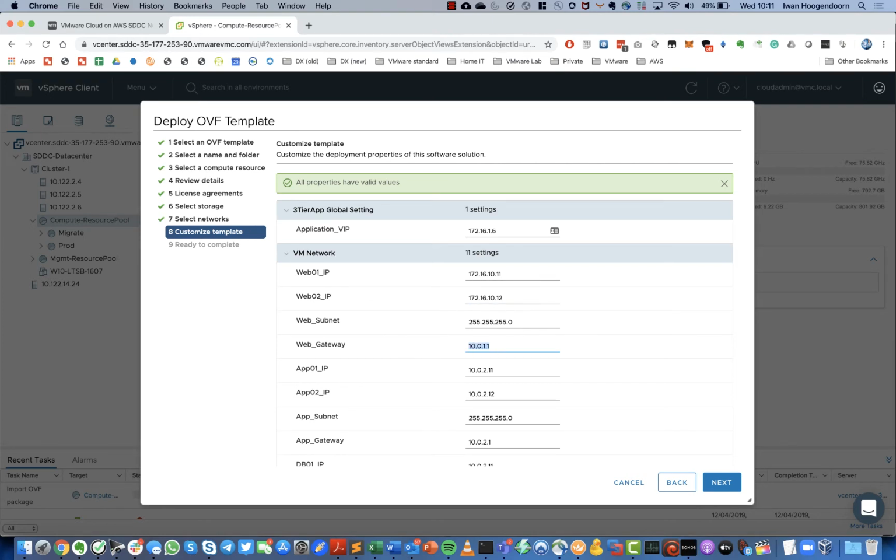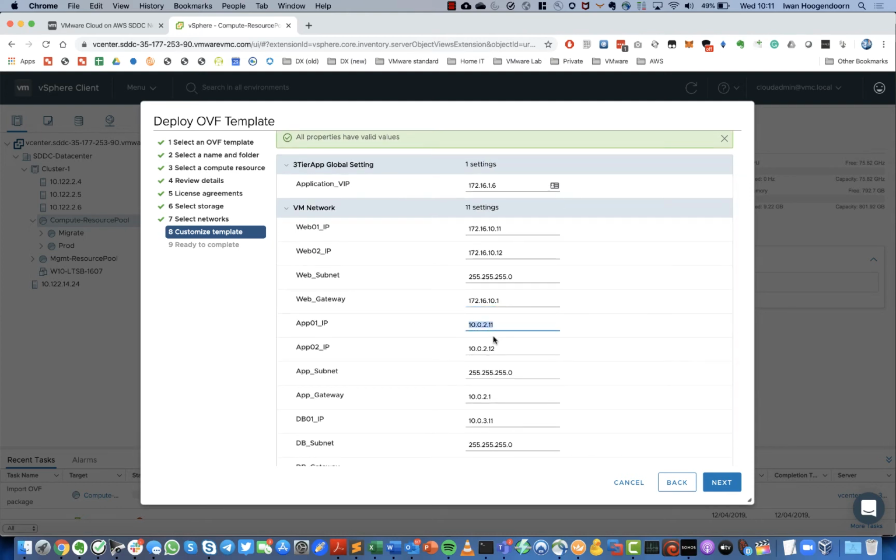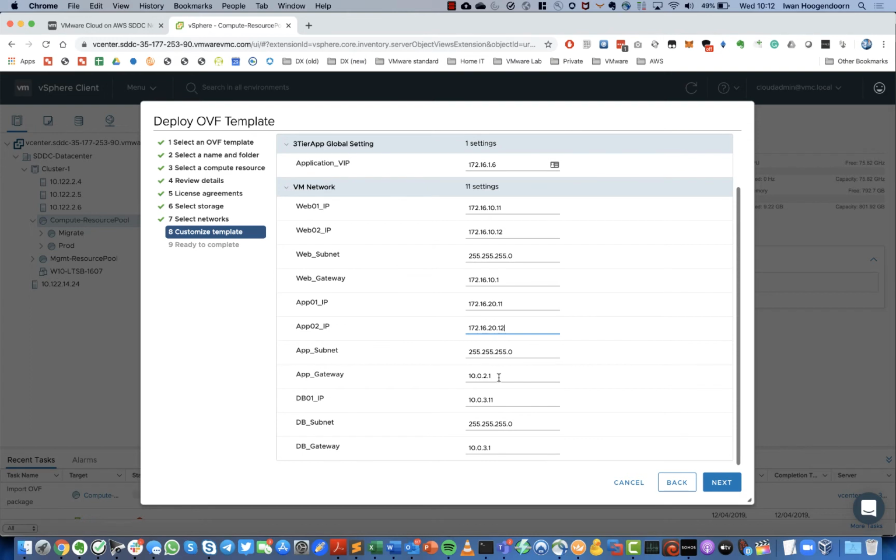The gateway is 172.16.10.1, and now we have our application services here as 172.16.20.11, and the second one is 172.16.20.12, and our gateway is